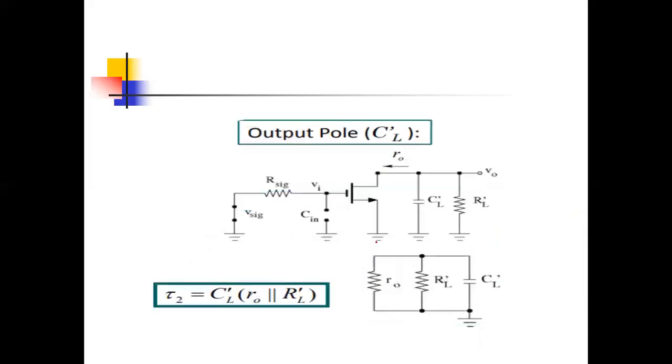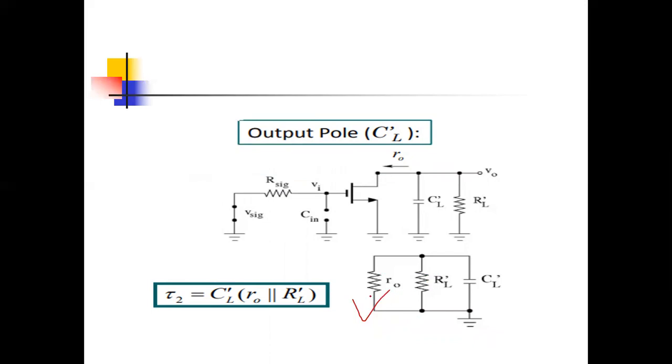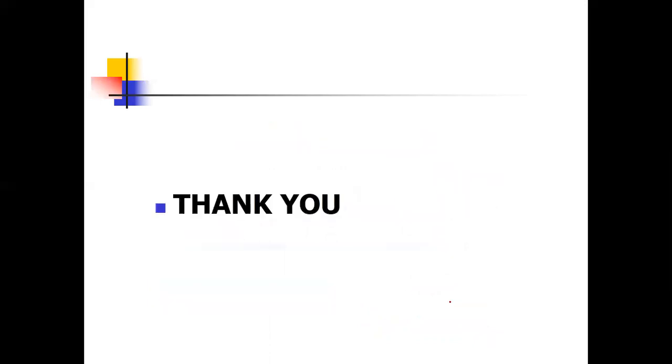Next, you want to calculate the frequency with respect to the output capacitance. If R0 is given in the numerical, here we have taken ideally RL dash and CL dash. The time constant is C into the parallel combination, R0 parallel RL dash. If R0 is not given, it will simply be RL. And F equals 1 upon tau, or we can say the frequency is 1 upon 2 pi (R0 parallel RL dash) into CL dash. So in this way, we have calculated the frequency with respect to the input capacitance and with respect to the output capacitance.